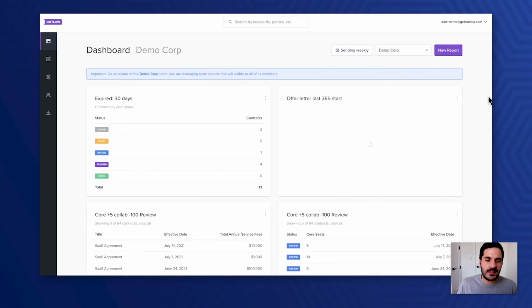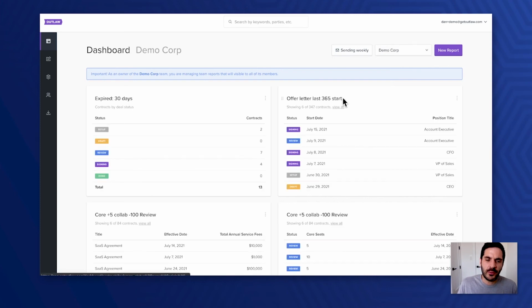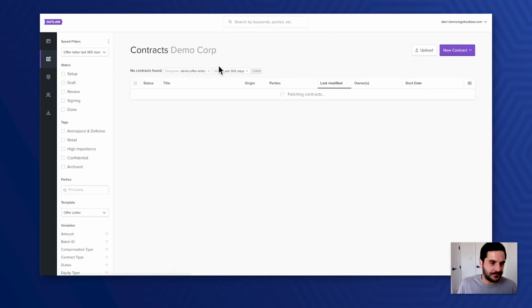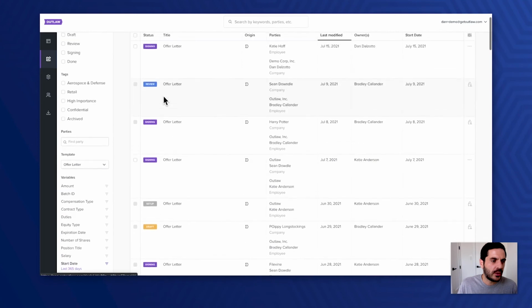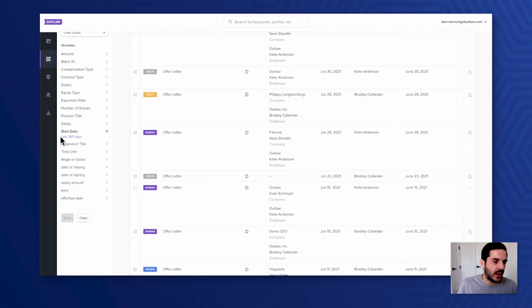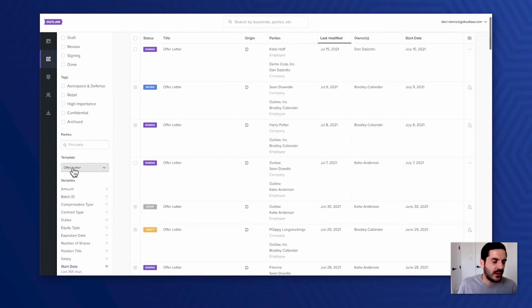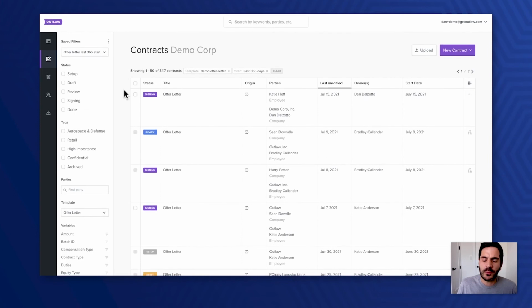And what I can see now is a filter that's been created prior, which is the offer letters in the last 365 days. So if I want to drill into that, I can do that like this. I see all the contracts. It's also filtered by the last 365 days of the offer letter. And this is all thanks to that metadata that is stored on the Outlaw platform.